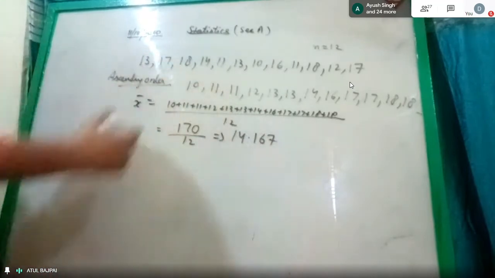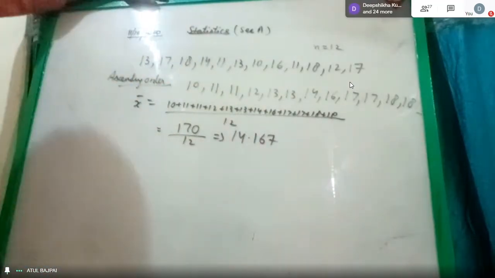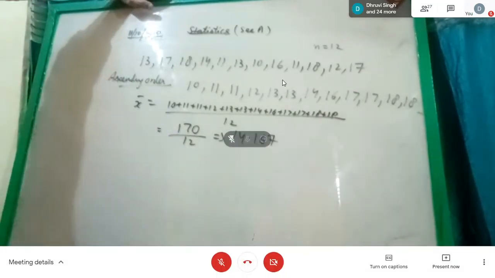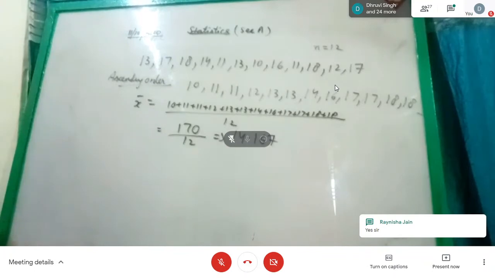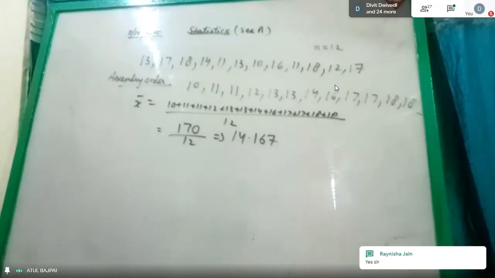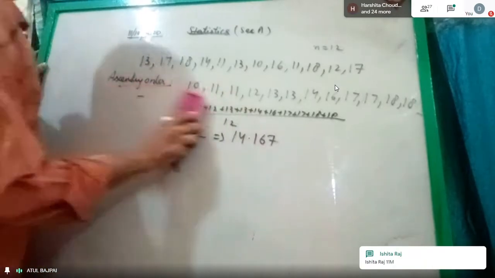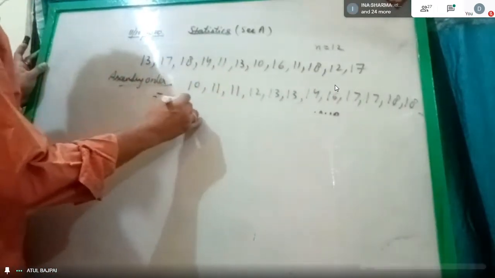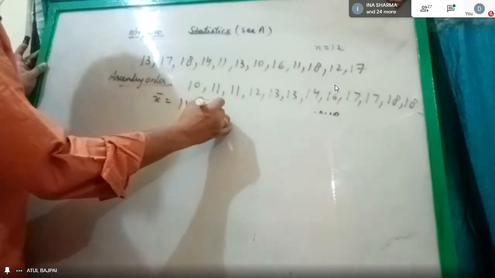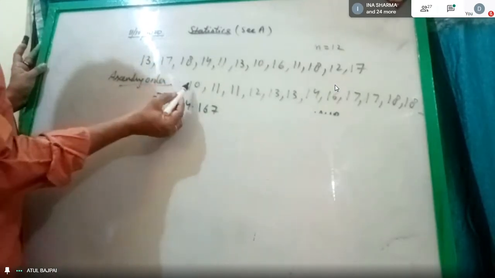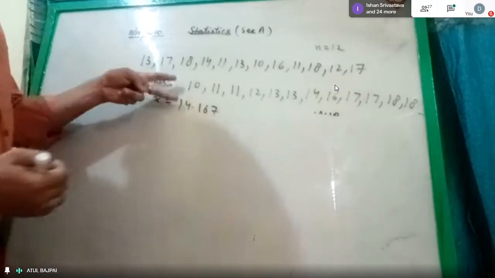Yes, Mukesh, you can sit down. Okay, till here it is done. Now we'll find the deviations. See, I got x bar as 14.167. Now I will find the difference of these two,